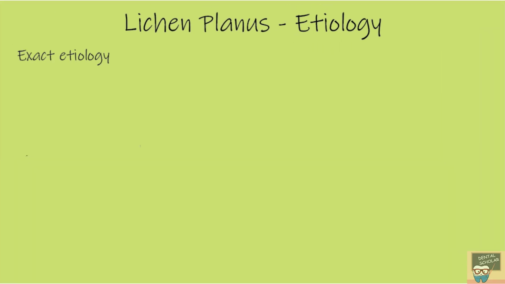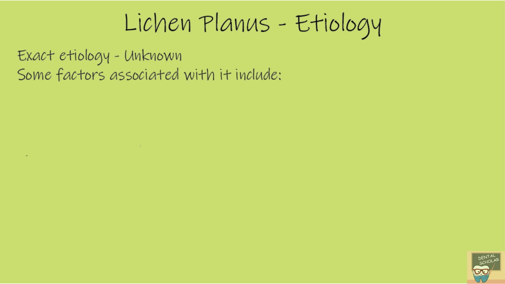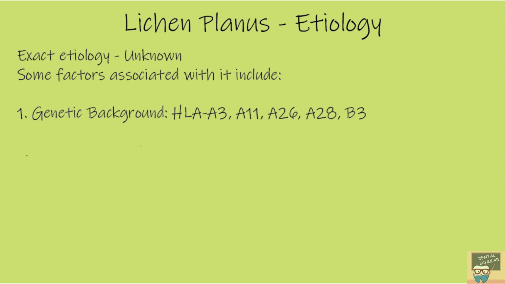The exact etiology of this disease is still unknown, though some factors are thought to be associated with this disease, and these factors include: first, genetic background. The human leukocyte antigen, that is HLA, is found to be increased in the patients suffering with lichen planus. So HLA A3, A11, A26, A28, B3, B5, B7, B8 and DR1 are found to be increased in the patients